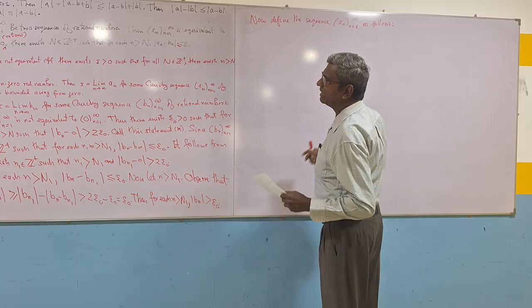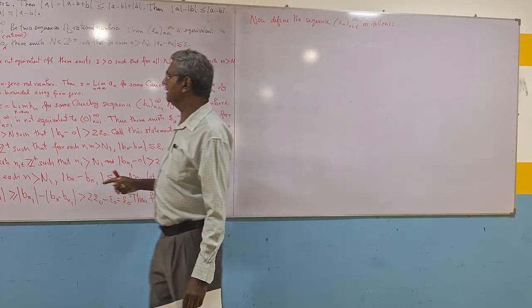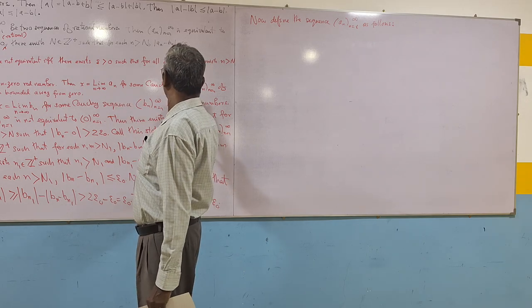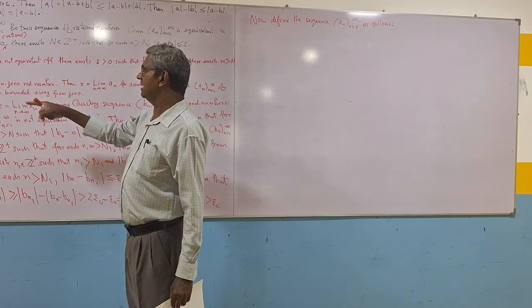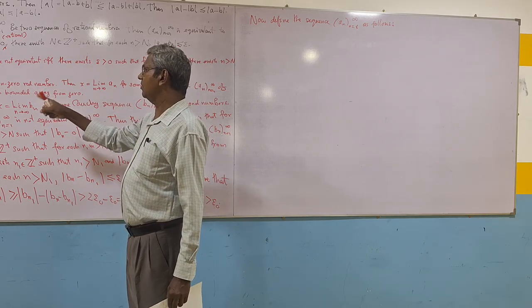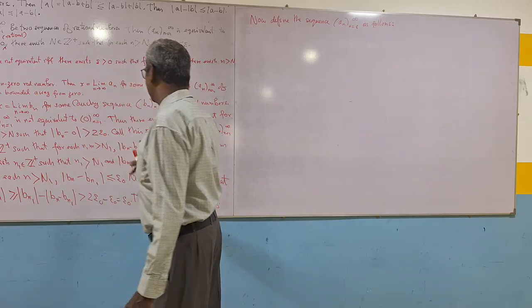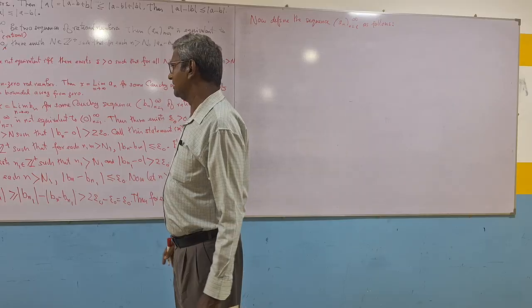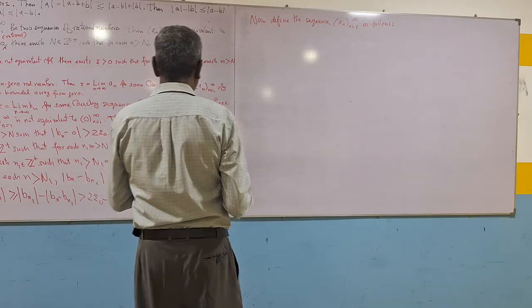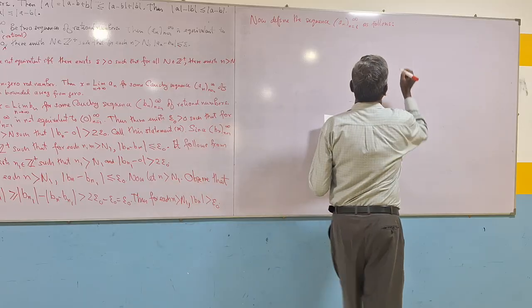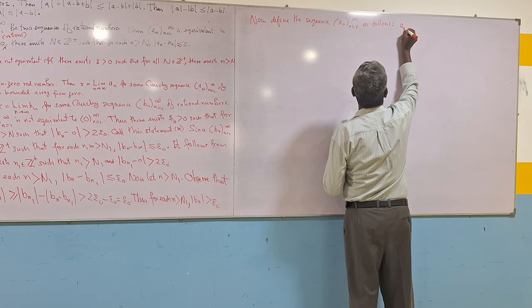Now, because that's what I have to do, no? I have to find a sequence An of rational numbers, non-zero rational numbers. That's not enough, it must be bounded away from 0. And by the way, taking epsilon 0 to be rational, I don't know whether I have that with me. How do I define An? An is equal to,